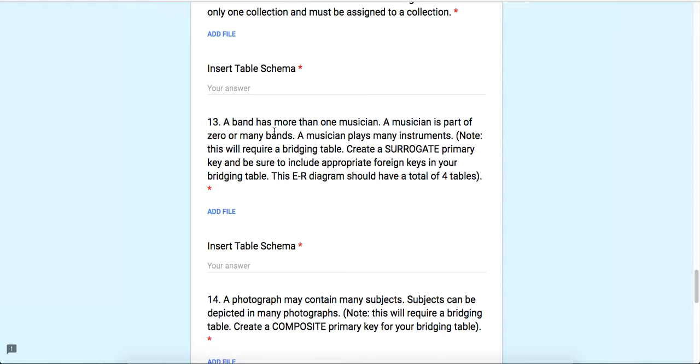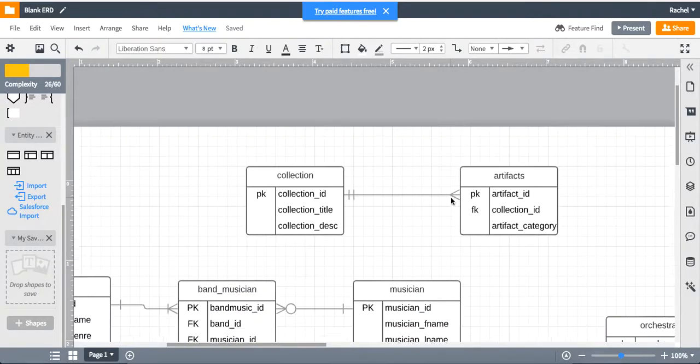So take that part first, create those 3 tables, and then look at the next part where it says a musician plays many instruments. You could assume that many instruments are played by many musicians, but that's not what this is telling you. This is telling you to assume a one-to-many relationship. So when we draw that out,